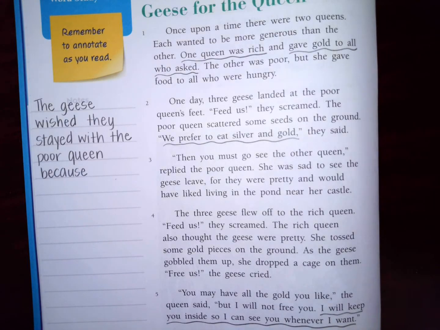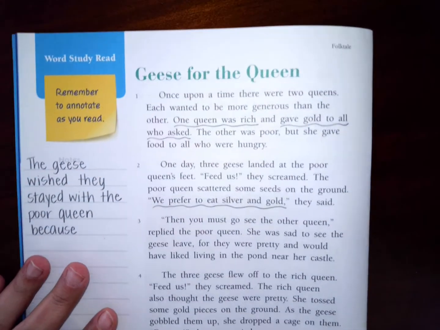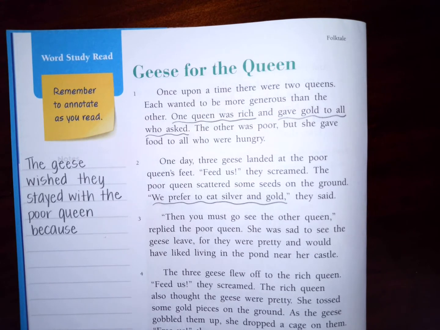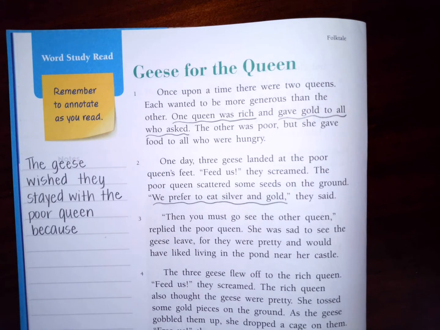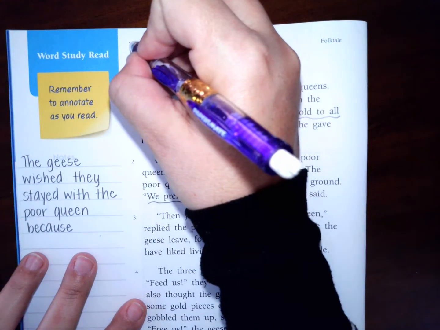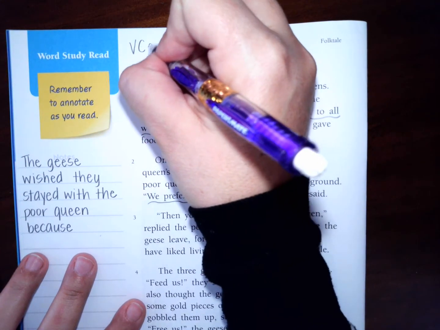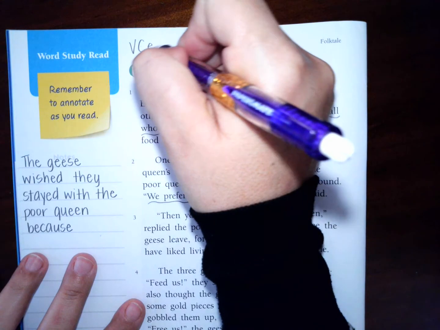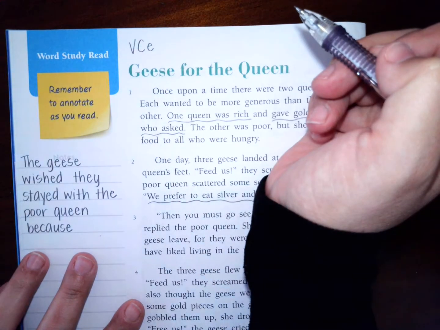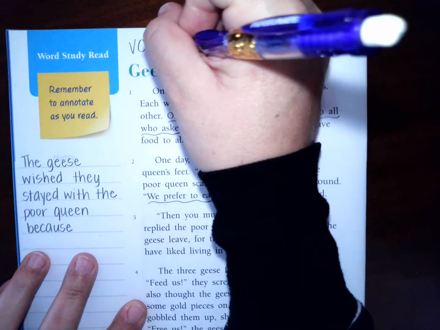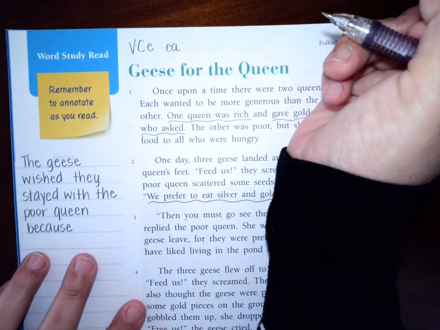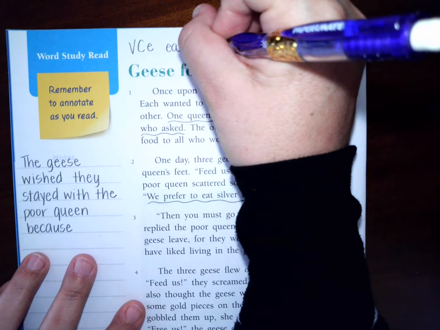Now what we're going to do is we are going to go back into our story, and we are going to find all of the words that have a long E sound. And I'm warning you now, there are a lot. So before we start that, let's talk about how we can spell that long E sound. We know that we can have a vowel consonant with a magic E at the end to make the vowel say its name. We know the long E can be spelled with an EA, an EE,